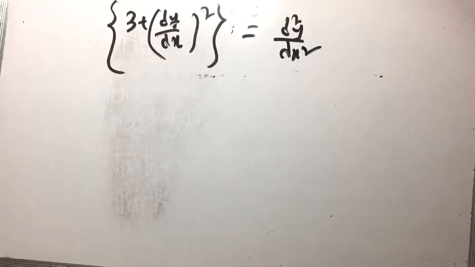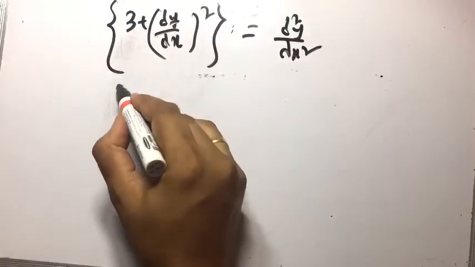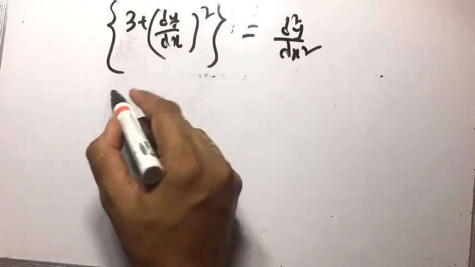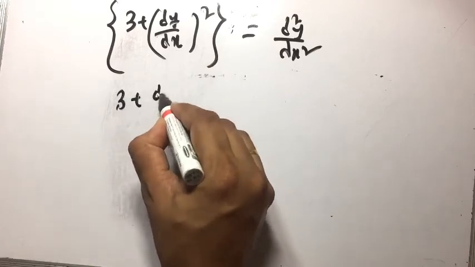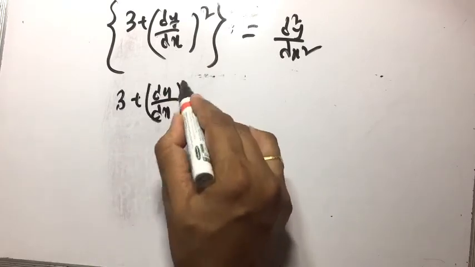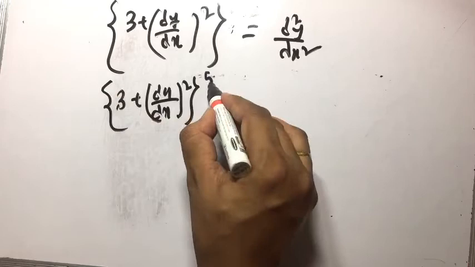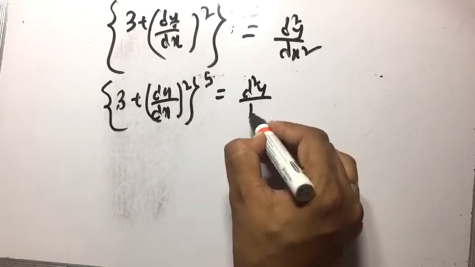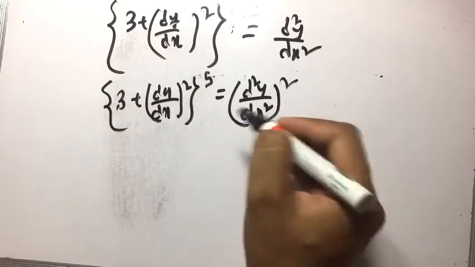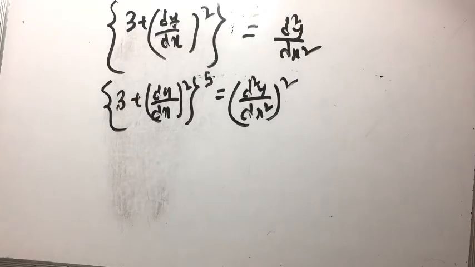There is a fraction, so we have to remove the fractions. How to remove the fraction? There is a by 2, so squaring both sides. When you perform the squaring both sides operation, then there is this whole to the power 5 and d square y by dx square, the whole square. Now you can say the degree.